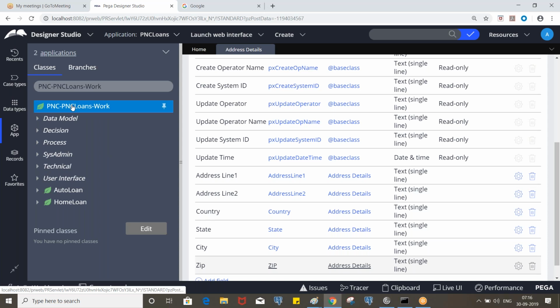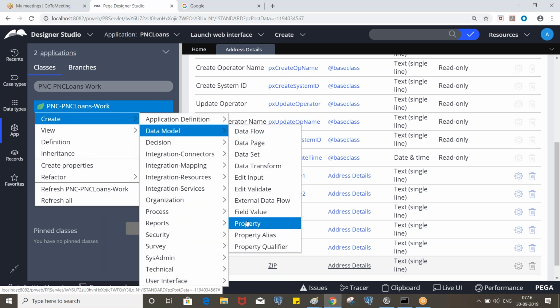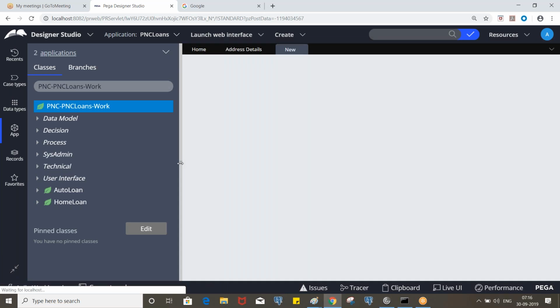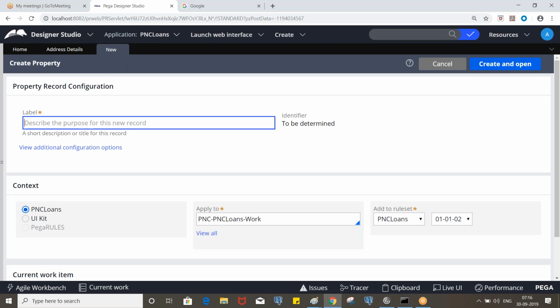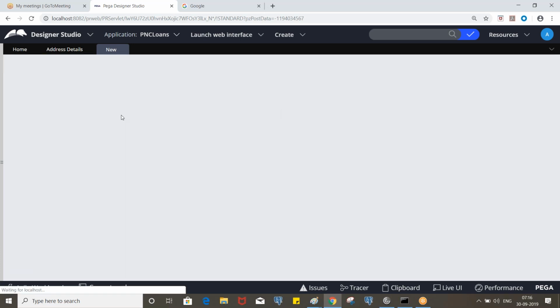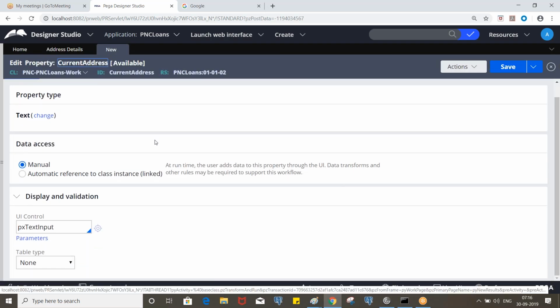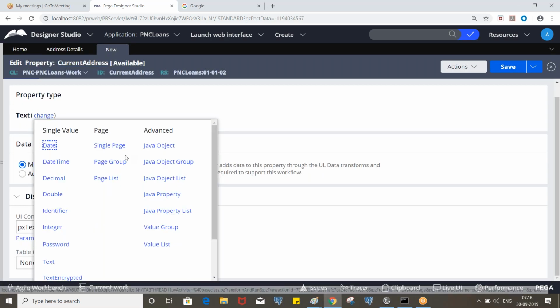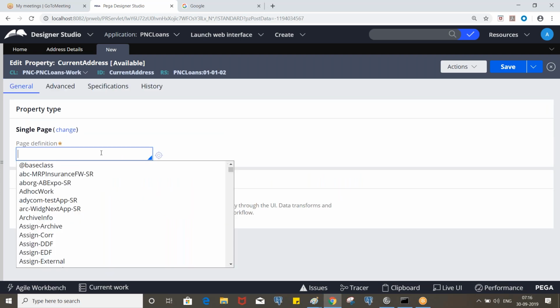So how can we create a page here? Go to the data model, property. We need to create it as a single page. So change the property type from text to single page and specify the class.